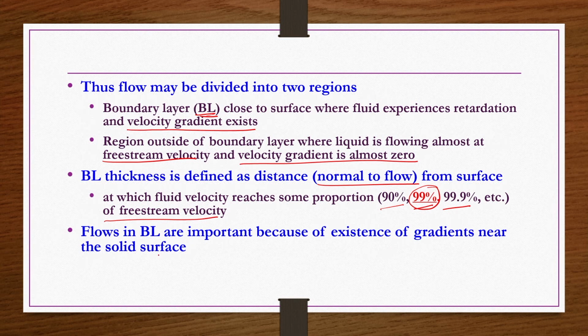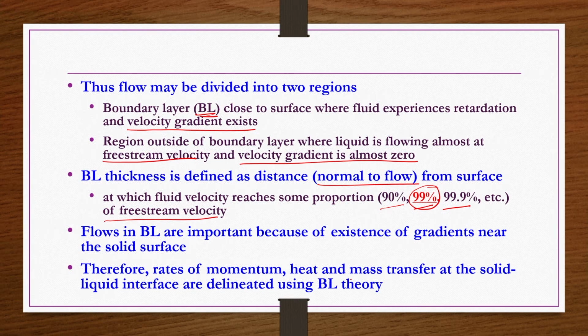Whatever the transport rates are, whether it is momentum transfer or heat transfer or mass transfer, they are affected by the corresponding gradients: velocity gradient, thermal gradient, or concentration gradient, depending on which kind of transport process is occurring. So, that is affected by this velocity gradient. That is the reason the information about the region in which velocity gradients exist is more essential, especially from the transport phenomena viewpoint.